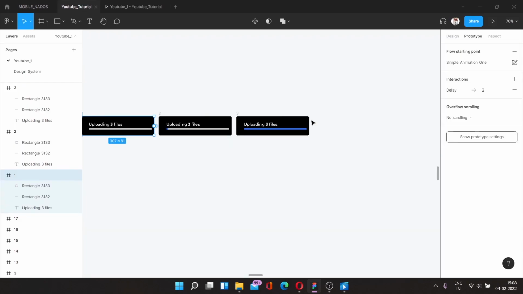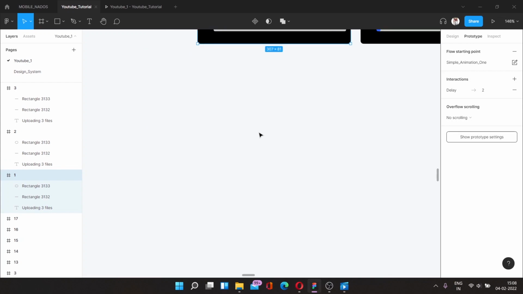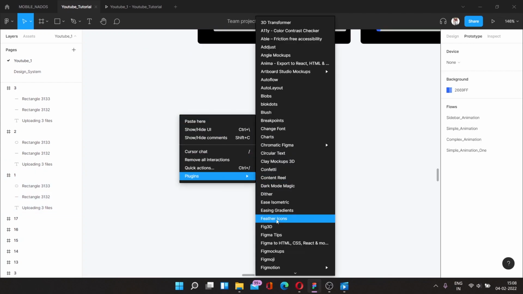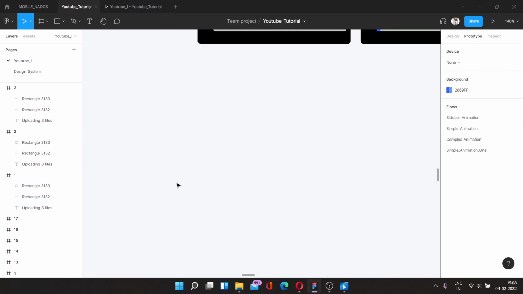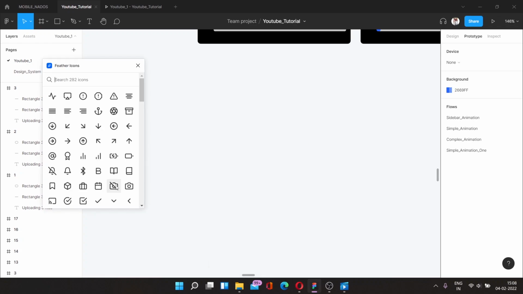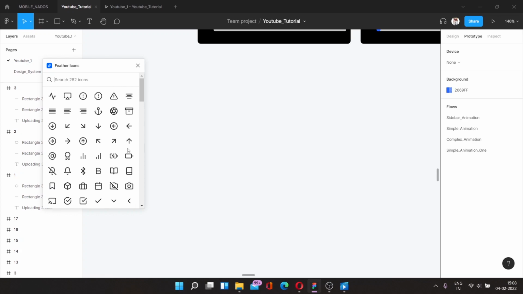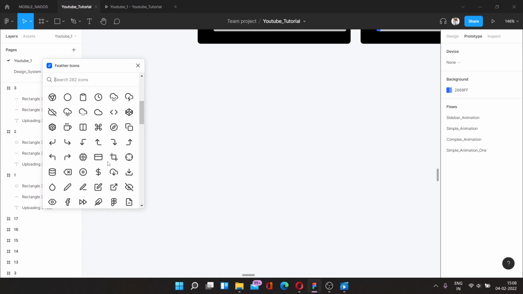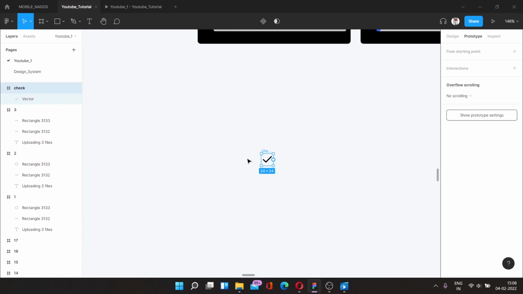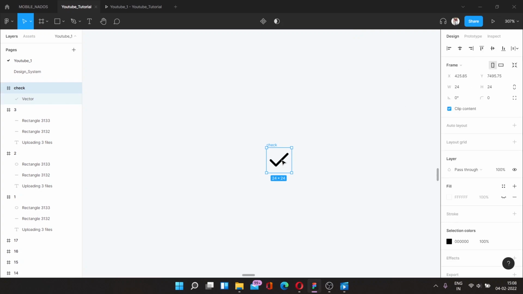And the way I did that is pretty simple. For that, I'm using a plugin called Feather Icon. I'm taking this icon, yeah. I'm taking this check icon